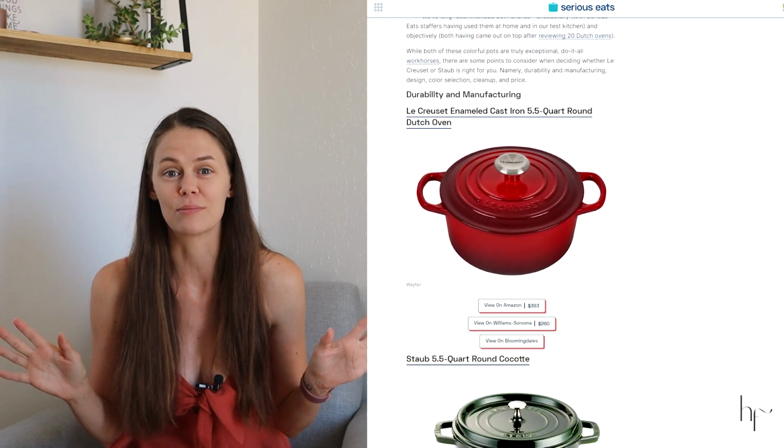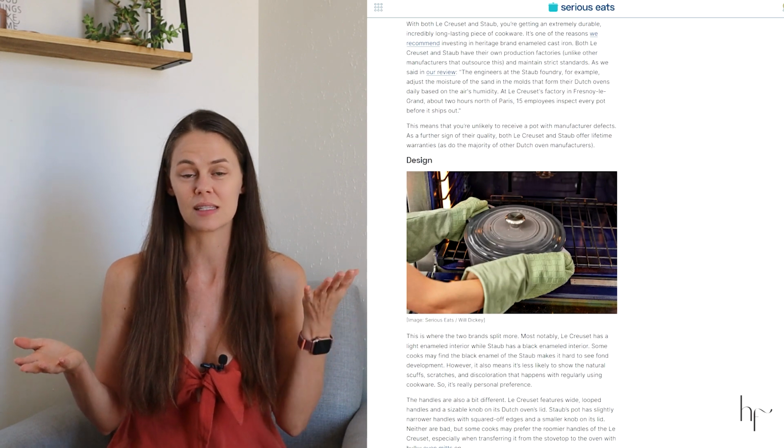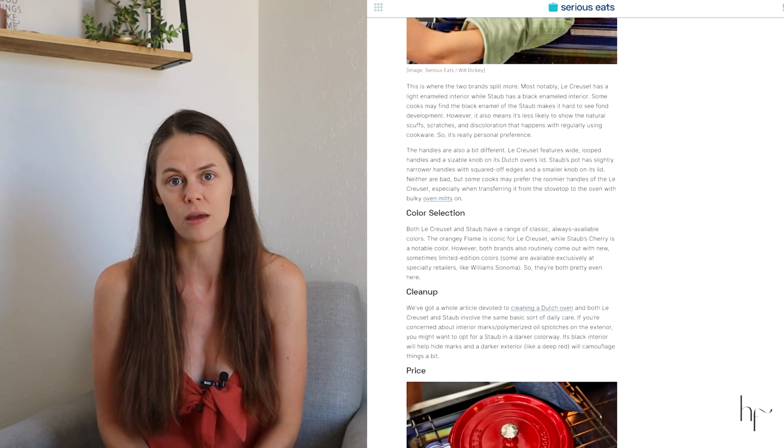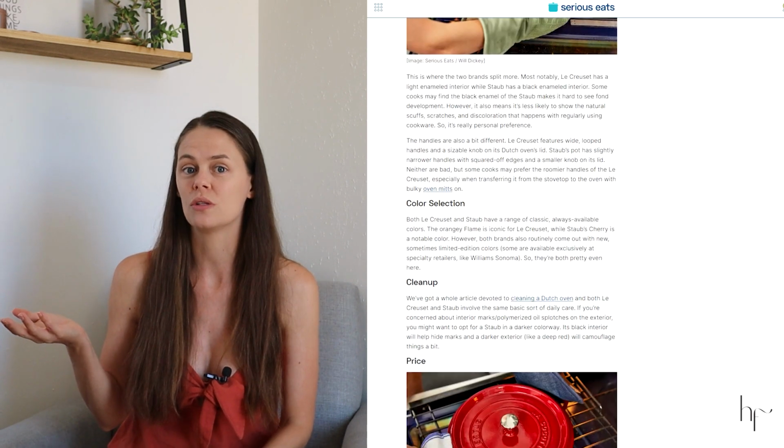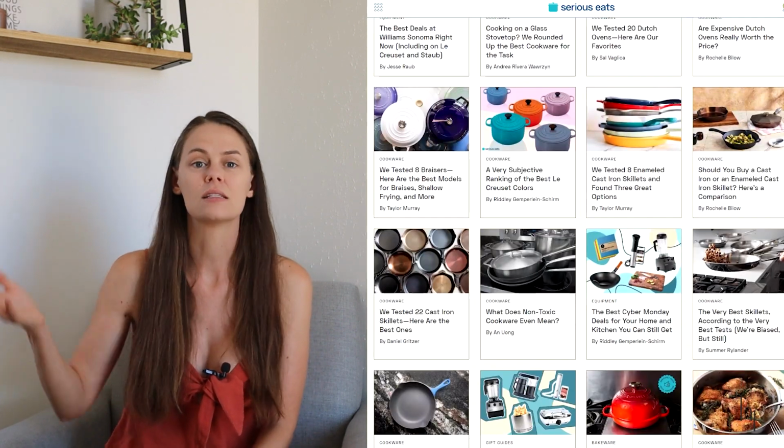I have no idea how to say the brand name, but they are comparing 2 very high-end cast iron brands together and telling you which one that they prefer. So in this blog post, you can see the differences in the Le Creuset and the other brand